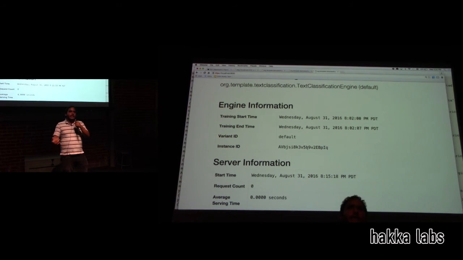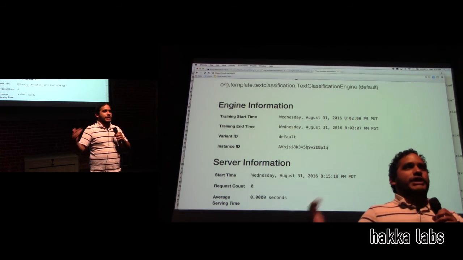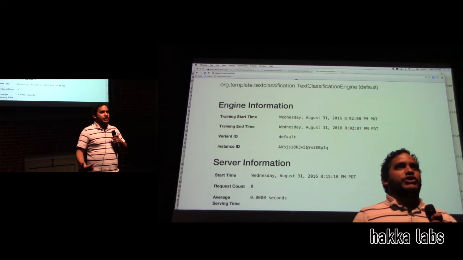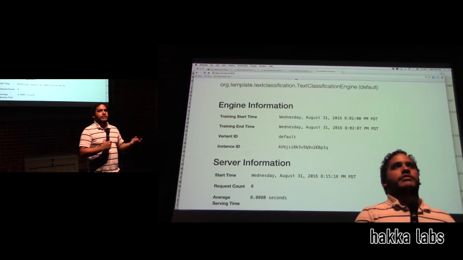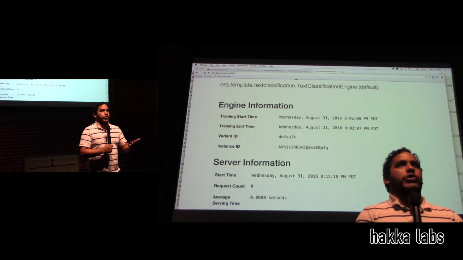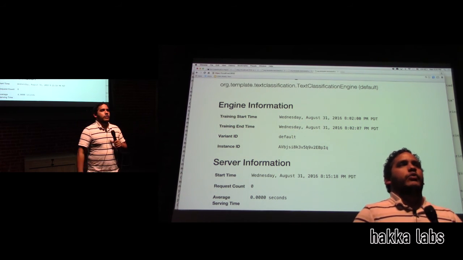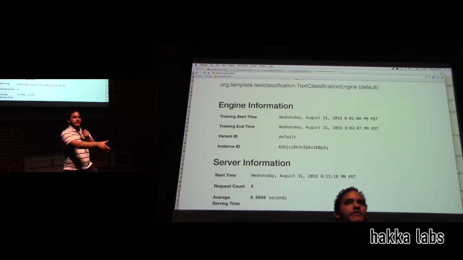It'll take care of that for you, and you can always go back in time and start using the old model. At that point, it's not going to solve your data being corrupted, but it'll at least give you time to look into what went wrong and how we can fix this. And also, this event time that we have when we throw our data into the event server,